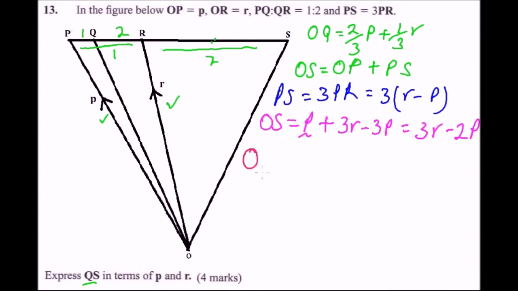We need to know QS. QS is from here to S there. So we can say QS is equal to minus OQ plus OS, which is the same as OS minus OQ, and we have both vectors. We have vector OS, which we have found here. We also have vector OQ, which we have there. So we can now say QS